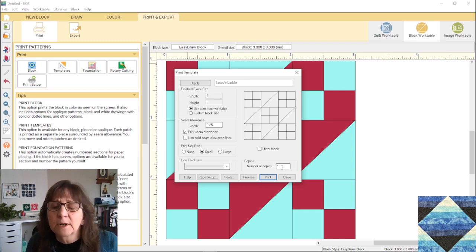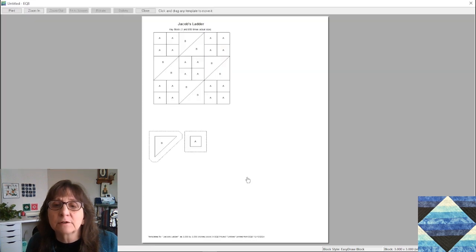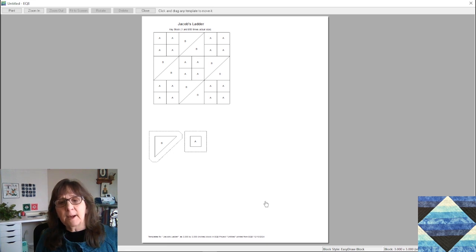We're going to print 1 copy, and we click on the preview button here. It'll show us what the page is going to look like. This is on an 8.5 by 11 piece of paper, so it shows you your key block, what it looks like, and then your 2 templates here